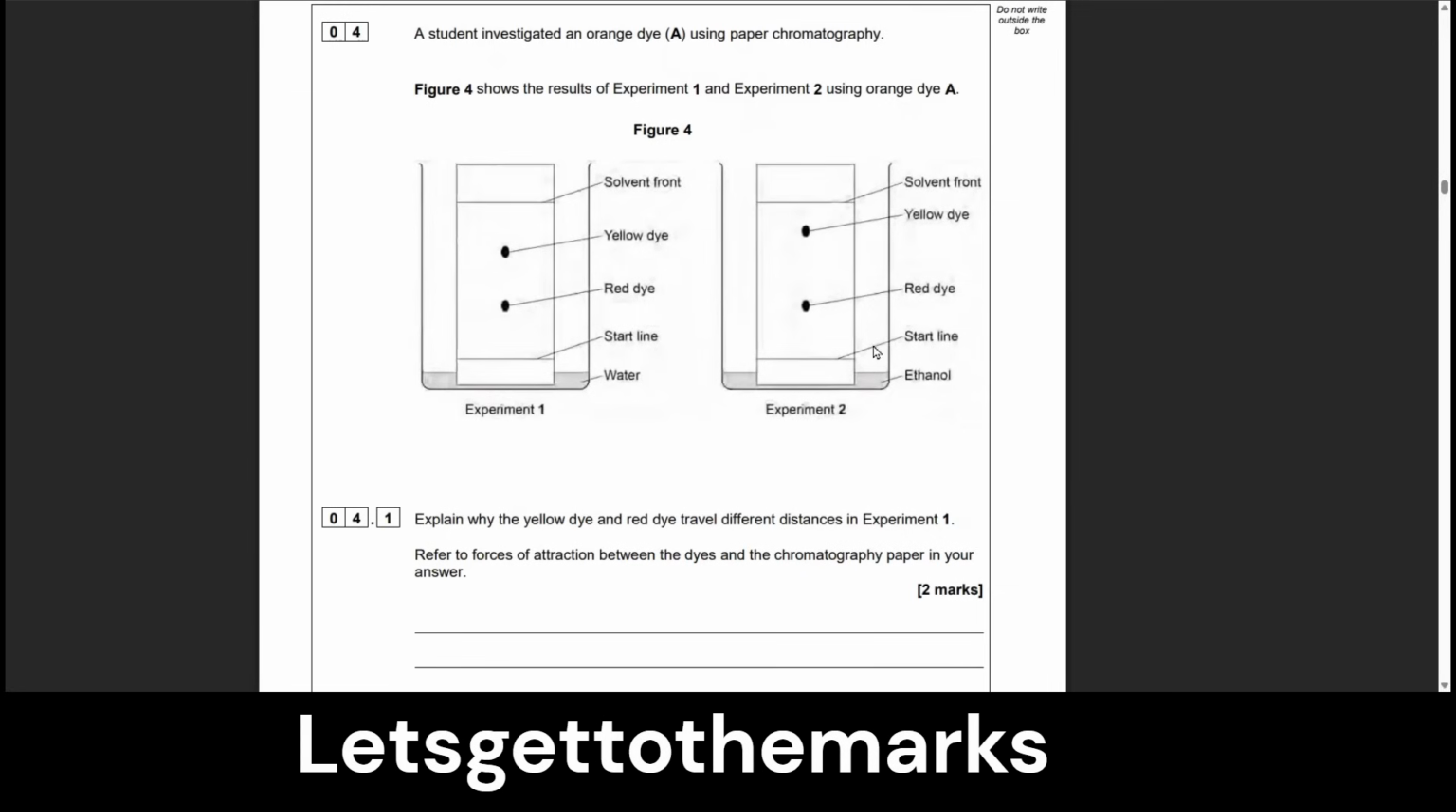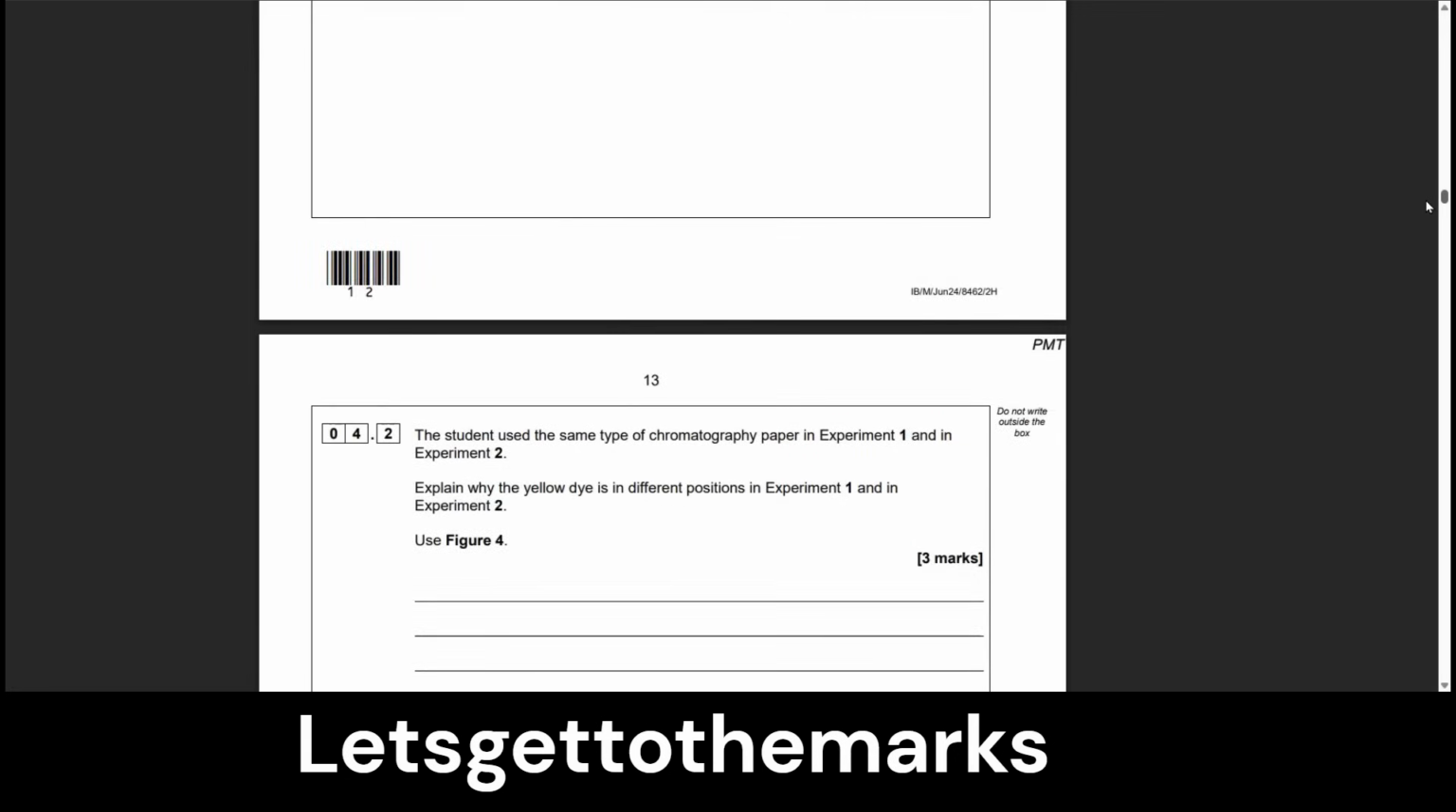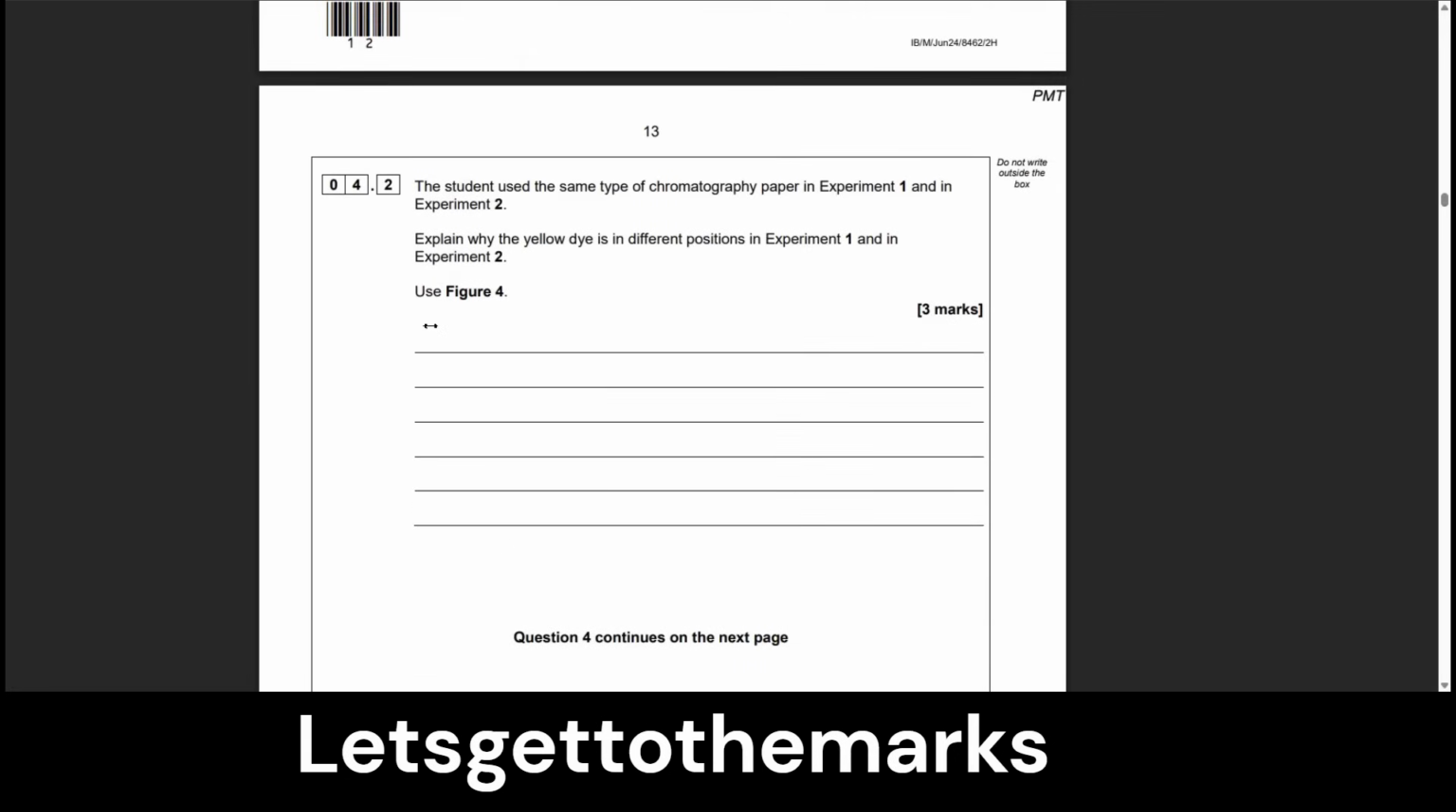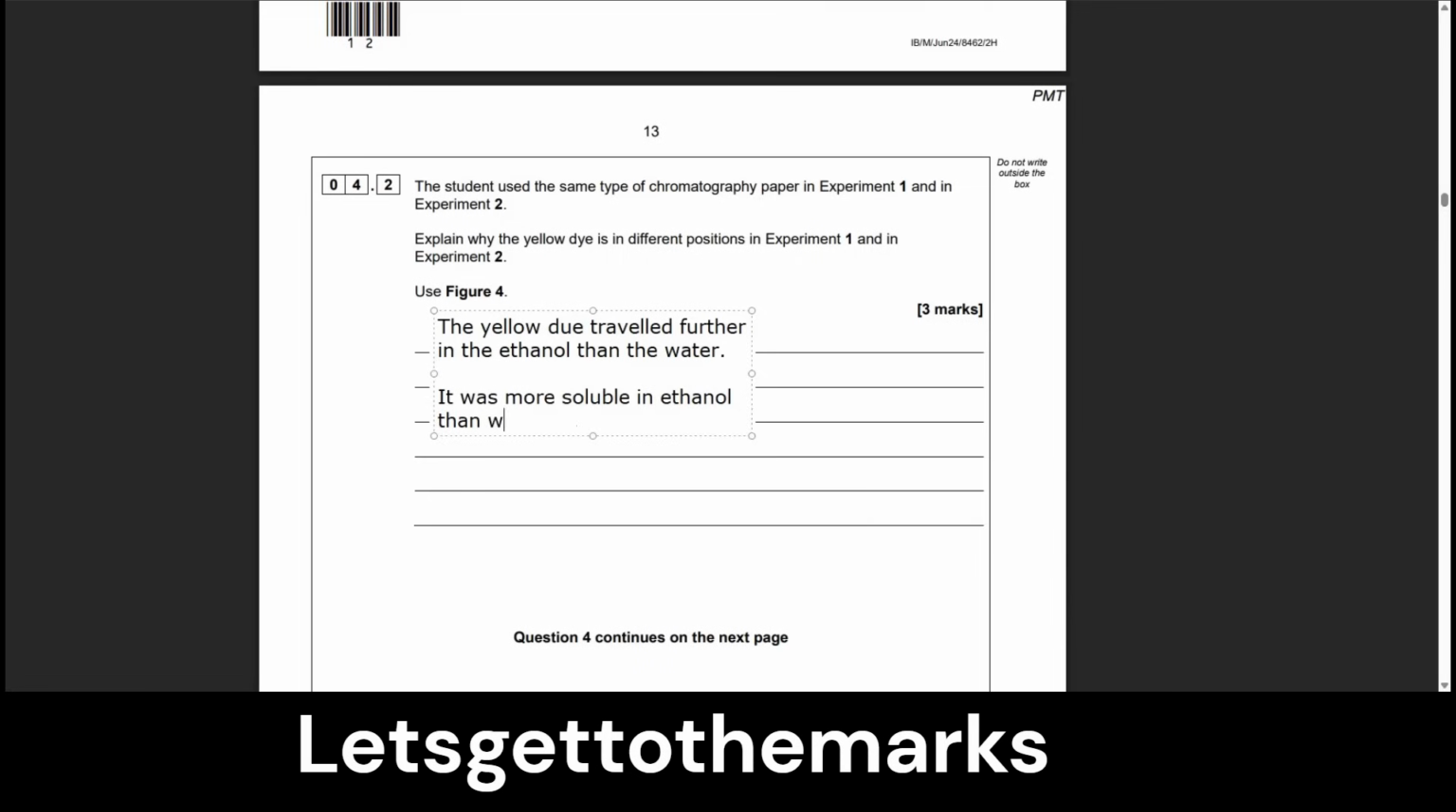or has a greater force of attraction to the ethanol than it does the paper compared to the water in the paper. Anywho, that's all long. Let's put the answer down. So the yellow dye traveled further in the ethanol than the water. It was more soluble in ethanol than water. It had a greater attraction to the ethanol